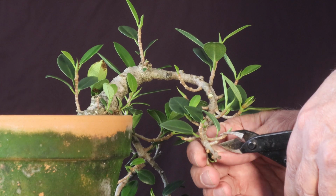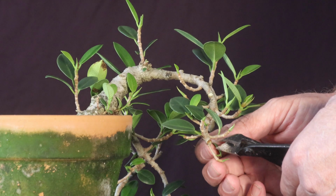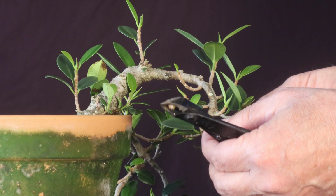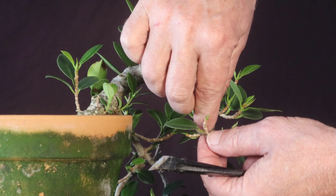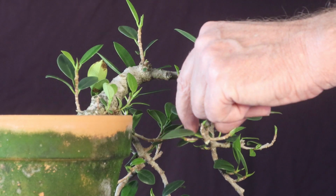And then this was where some of that dieback was. It kind of died up to there. And that piece actually had a little dieback going in it, which may have almost fallen off there. I'm not intending to defoliate, but I am pulling a couple of the leaves off just so I can see better. This one is just another shoot coming right up off the...